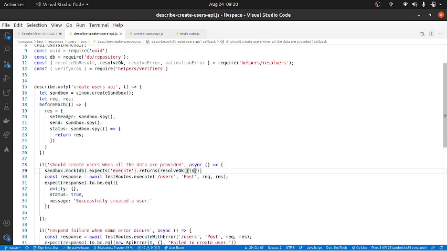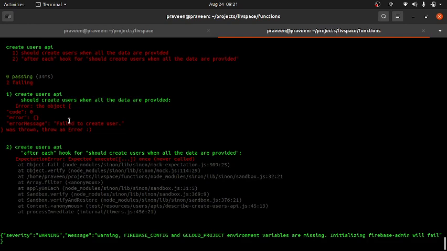I'll basically give some random thing called id 1 and name equal to user1. That's it. Okay, let's take a look at it.